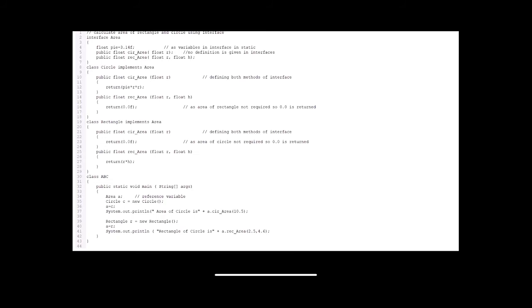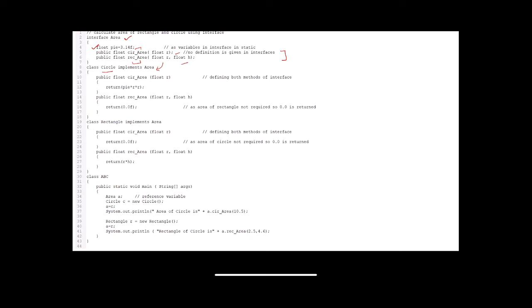In this example, you can see I have an interface area. It has a variable pi, that is float, and two methods are defined: circle area and rectangle area. Then I have a class circle which is implementing this interface area, and I'm giving the definition to both of these methods that are defined in the interface.